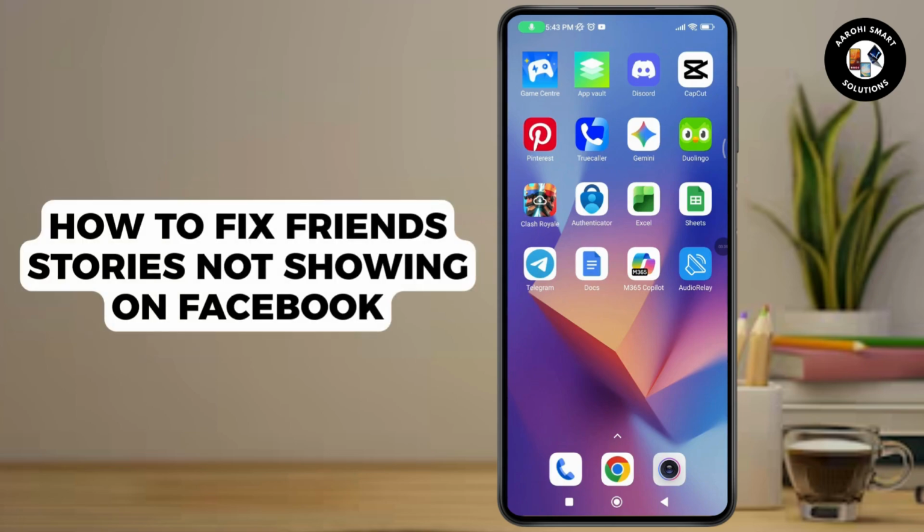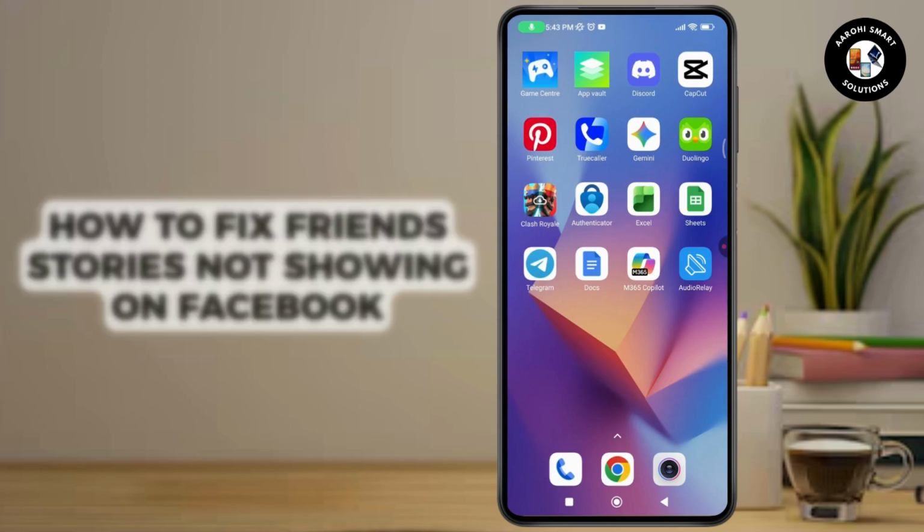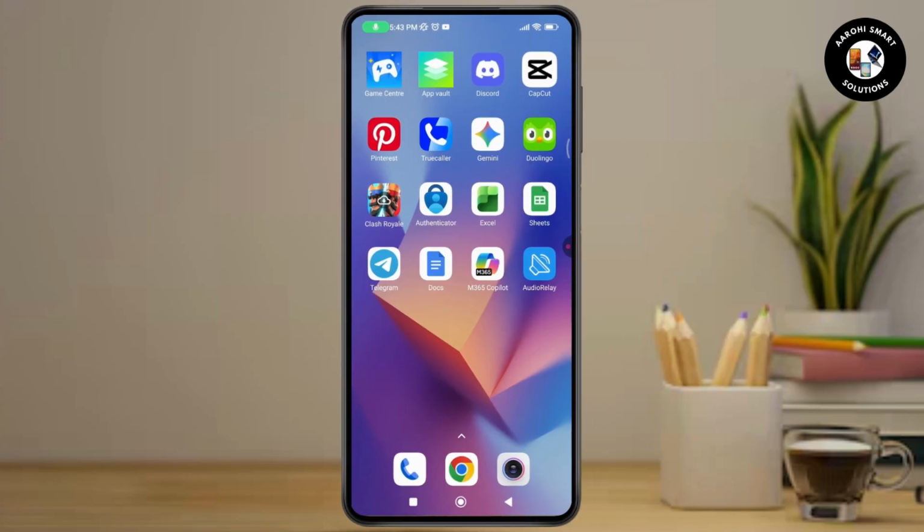How to fix friends' stories not showing on Facebook. If you want to fix friends' stories not showing on your Facebook, then what you need to do